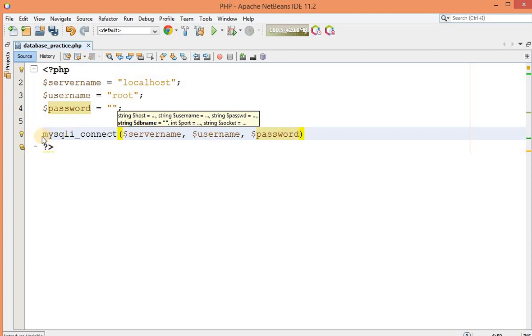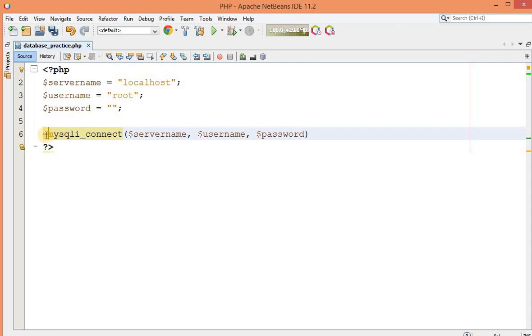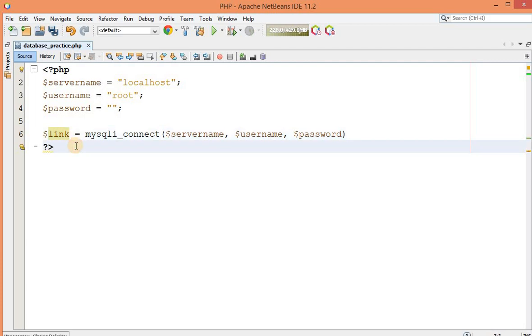Now, what does this method return? This method will return me a reference to your database. Okay, so for that purpose I have to store this reference into a particular variable. That's why I have used this link variable. Now it is similar to an object but not actually an object. It refers to connectivity to your database. Okay, but it is not actually an object. mysqli_connect. Now it is a kind of reference, or I can say variable.